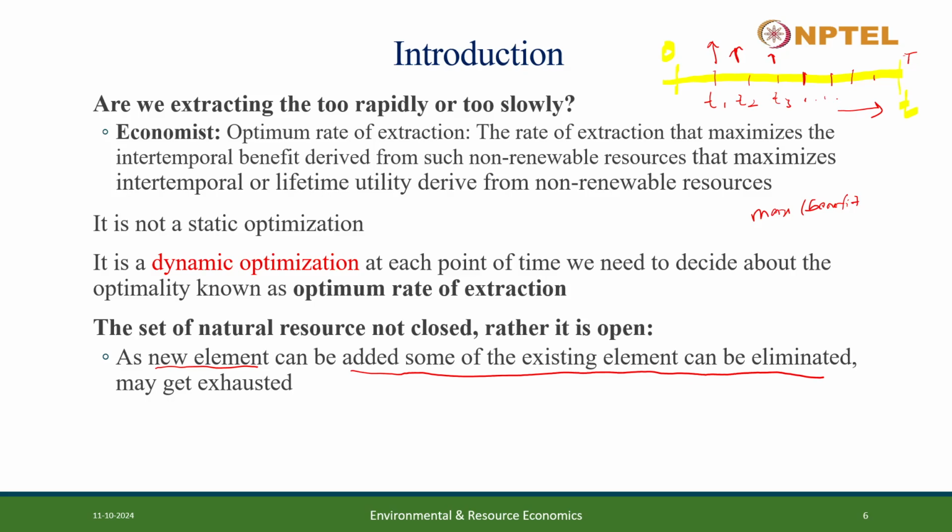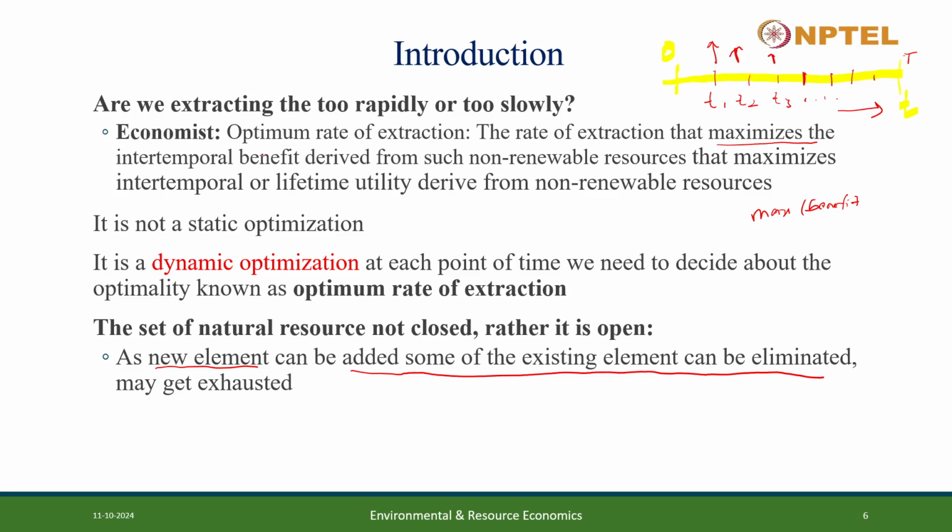After that, we have asked the question, what is optimal utilization or optimal extraction of resources? So for optimal extraction of resources, the rate should be not too much, not too slow. Too slow will lead to lesser growth of the economy, and too much extraction will lead to environmental degradation and exhaustion of resources. So now how will we define the optimal rate of extraction, right? So the rate of extraction that